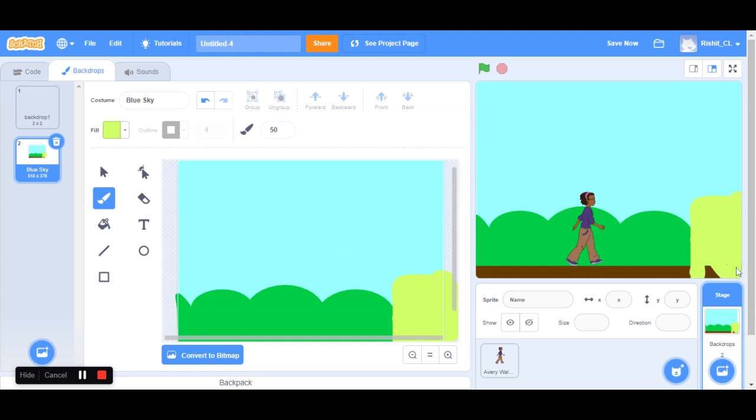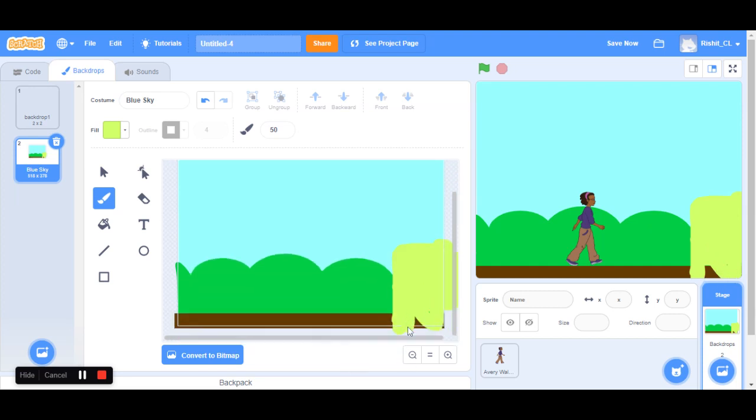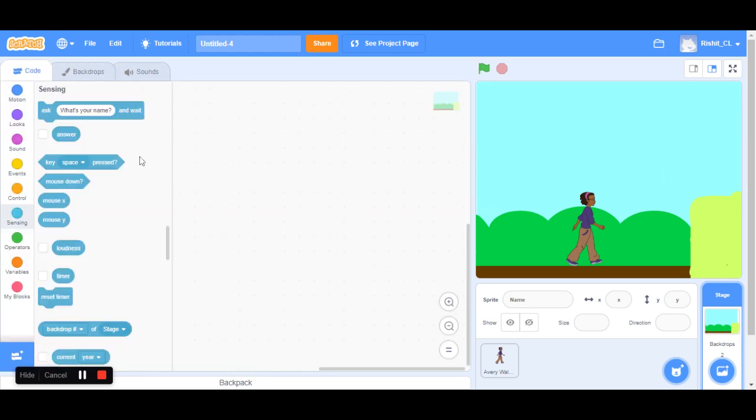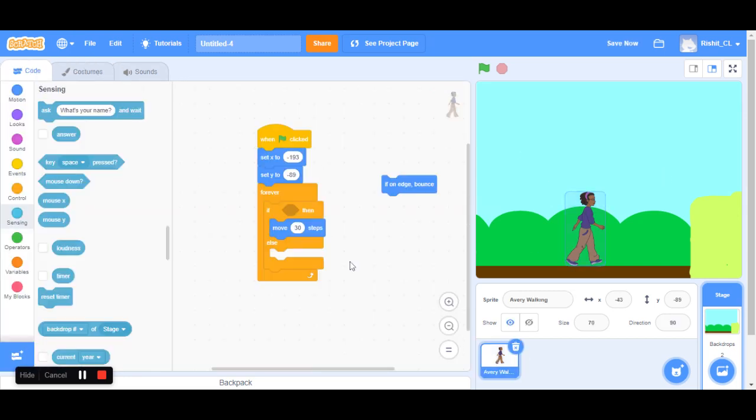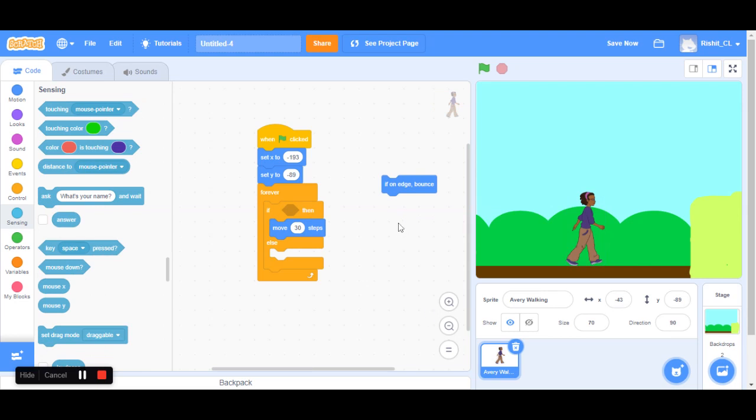So like that, I've just added something over here, and then if I scroll down, there's this part that is even left, so I could just color it. Over here, it shows in the end screen how much color is left or where I want to add. Once I've done that, I could go back to my code, and then I could click on my sprite, and it shows the code of that sprite.